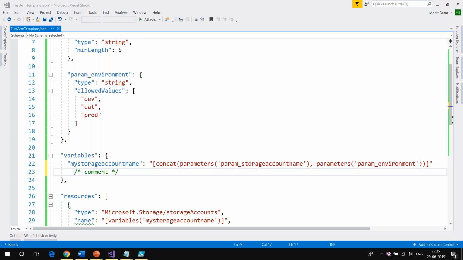And Sohail is saying how to link using the basic diagram. Sohail, I'm not sure what exactly is the question. If you can elaborate more, we can discuss that. And Rajesh is saying, would this text file be shared with us? Yes, Rajesh, I'm going to share all this. I'm going to share the link with you in a few minutes, and then you can use that and download these same ARM templates. Okay.